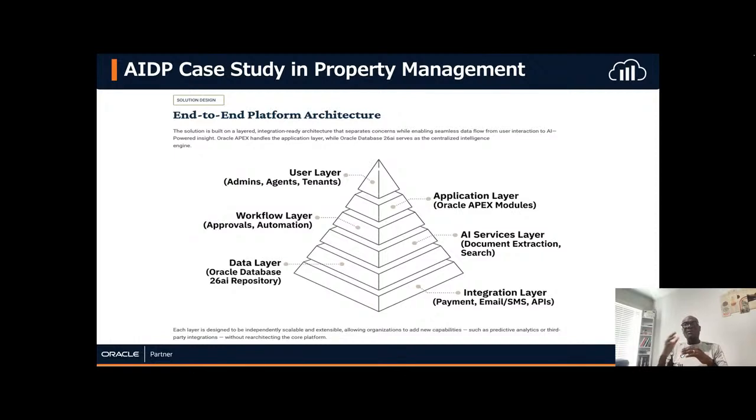The application layer was built on Oracle Apex, which has several modules, and also the AI service layer for document extraction and intelligent search. The database was powered by Oracle Database 26ai, and the integration layer captured things like APIs and an SMS gateway. So these are the things that were done.